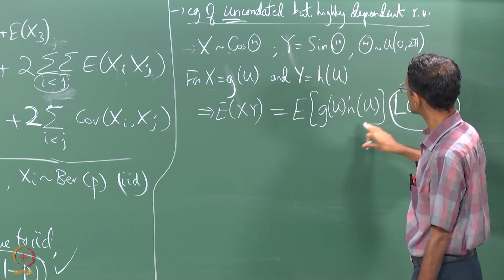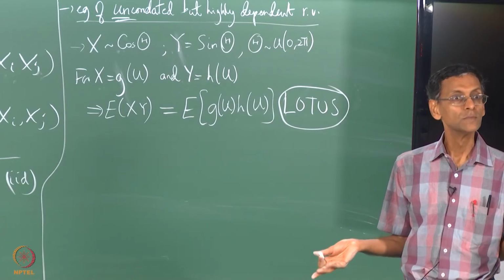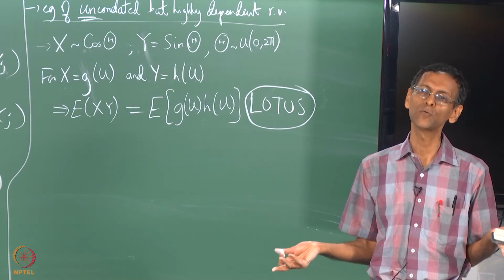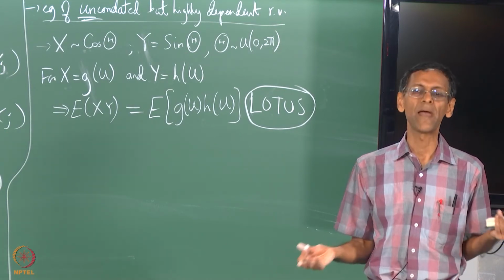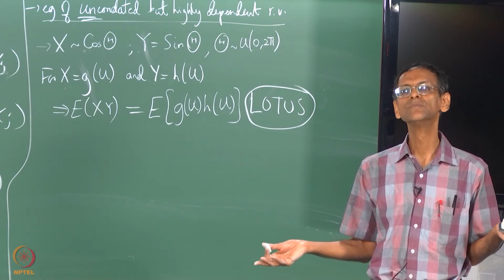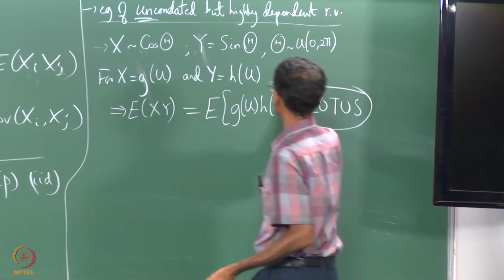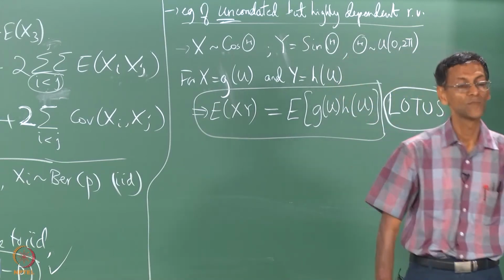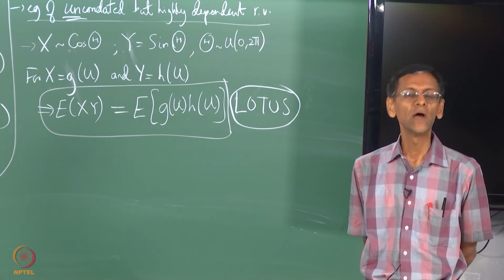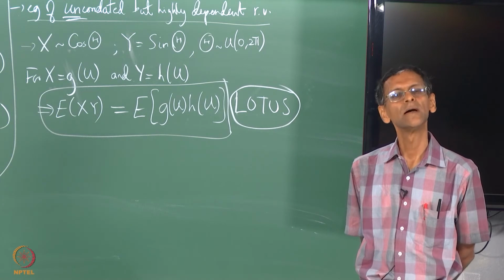What I am trying to say is that this is no different from any other E of some function of u. You can think of g(u) h(u) product as yet another function of u, and do not worry about the fact that g(u) is some x and h(u) is some other y. So this is what I want you to take home more than anything else. Even though x and y do not have a healthy PDF, they still have a healthy E[xy],